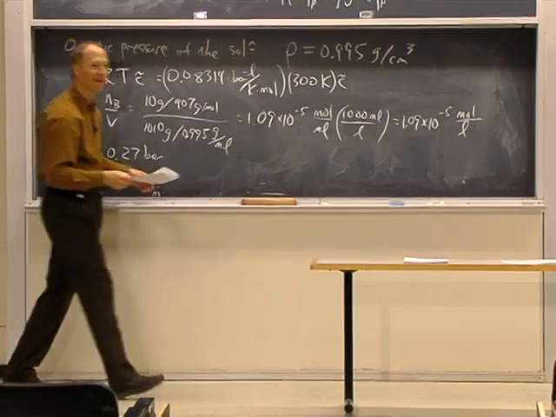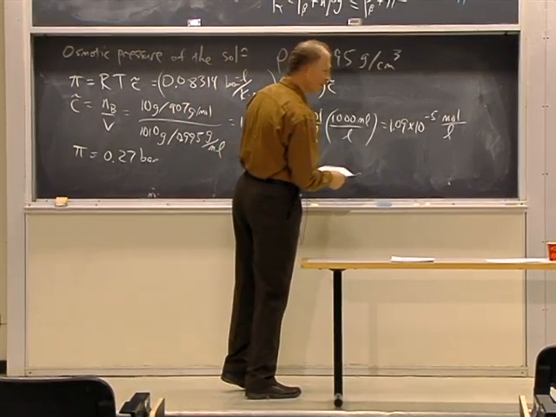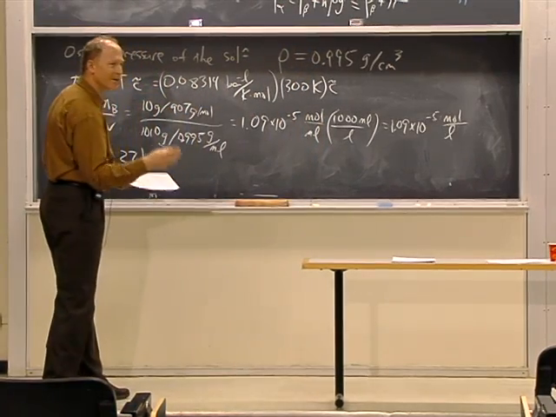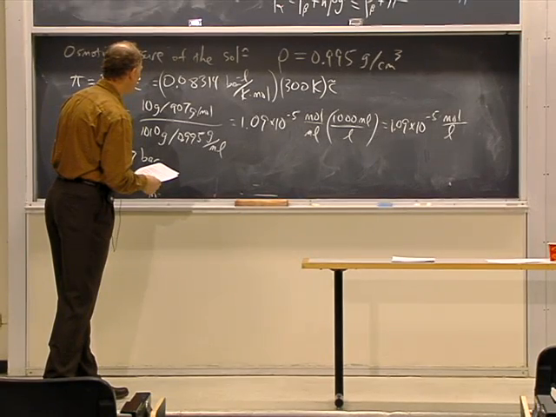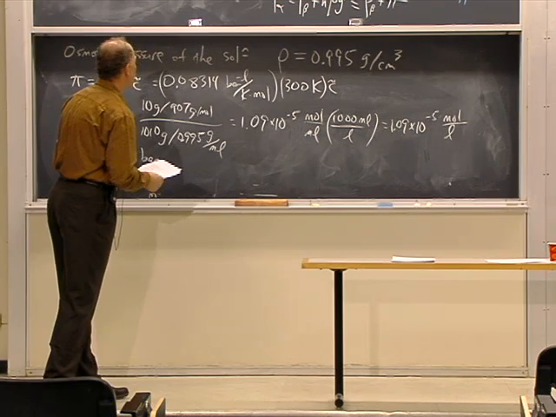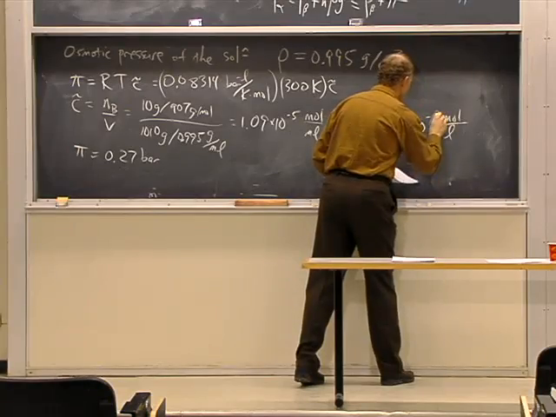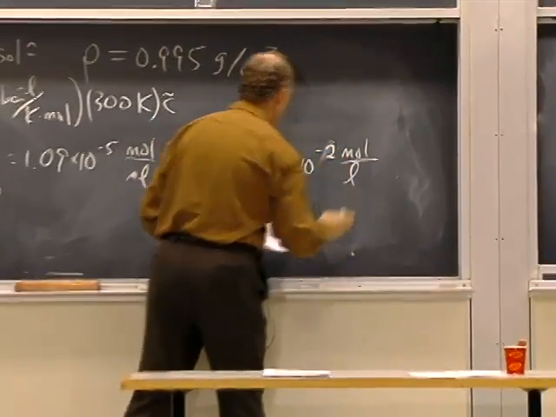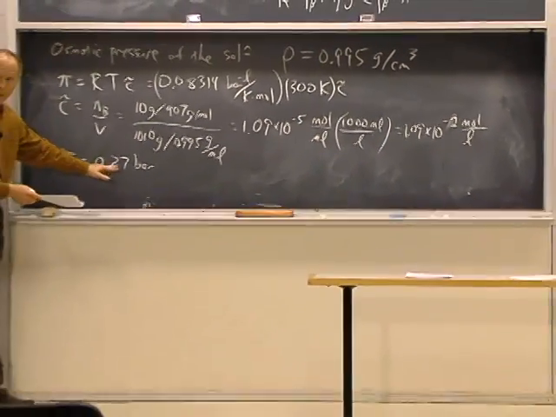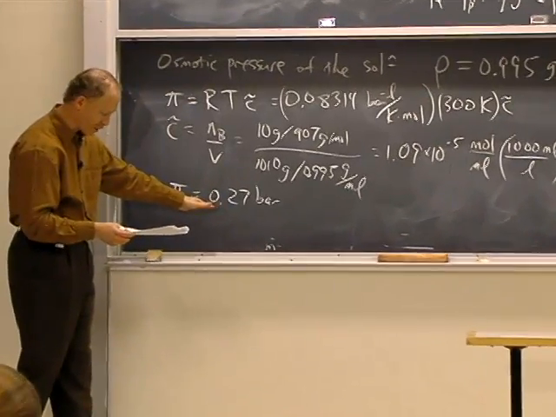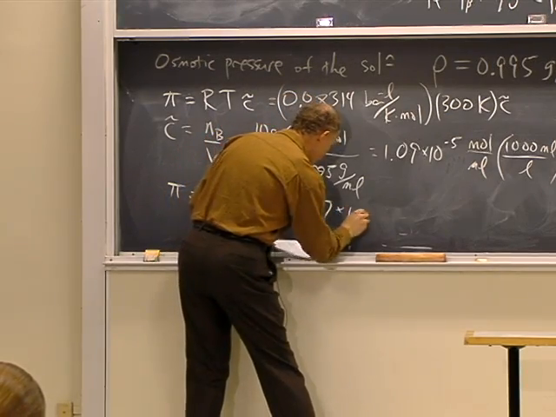Uh-oh, what's happening? Where are we? Sorry. Where exactly? 1.09 times 10 to the minus 5 times. Or it's either 10 to the minus 8 or 10 to the minus 2. One of them. Oh, yes. Yes, sorry. Yeah. 10 to the minus 2 mole per liter. Yes. All right. And so the pressure that results is a modest pressure, right? It's about a quarter of an atmosphere of excess pressure, right? 2.7 times 10 to the 4